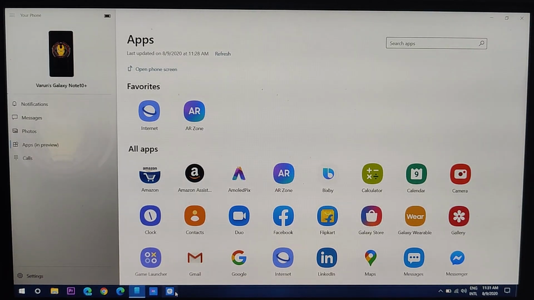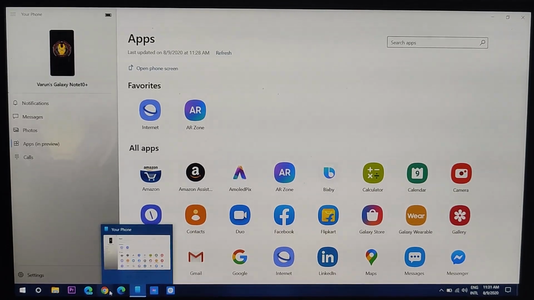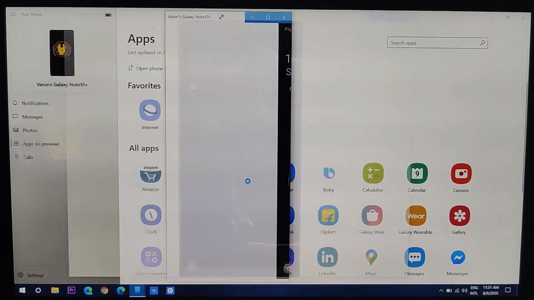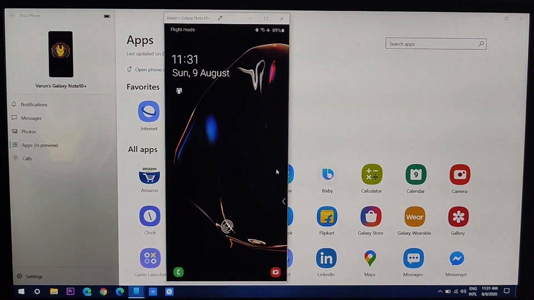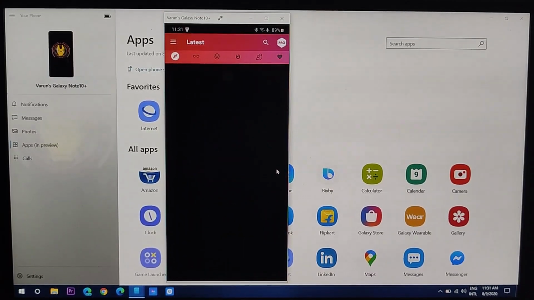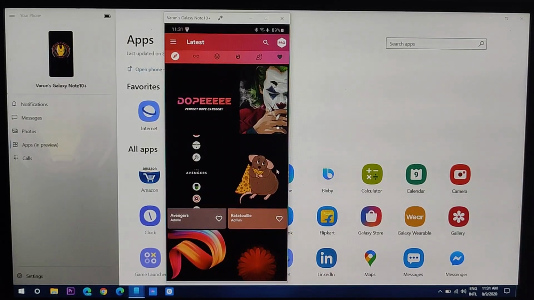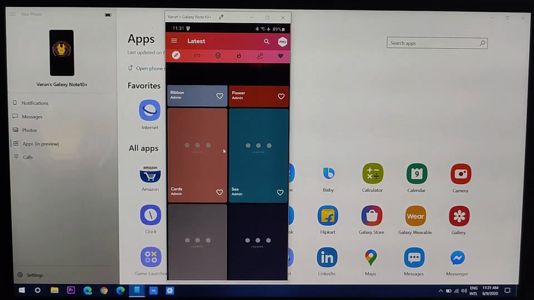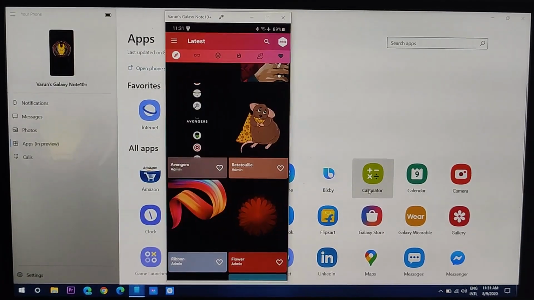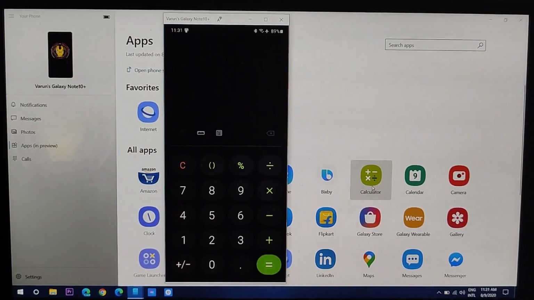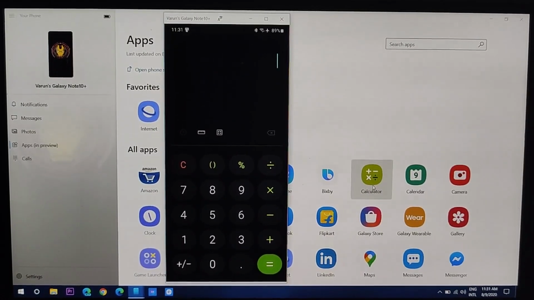And we can have many other features added to this as time passes by, and Microsoft will definitely optimize it a lot. As of now, we cannot open two applications at a time. You will only open one application, and the phone sometimes lets up when you are using this application. So that is maybe a bug which is present in the early build, but definitely it's a very cool feature. It's a step in the right direction. So as you can see, it has opened the application in the same window. So that is one thing. It will not have multiple applications.